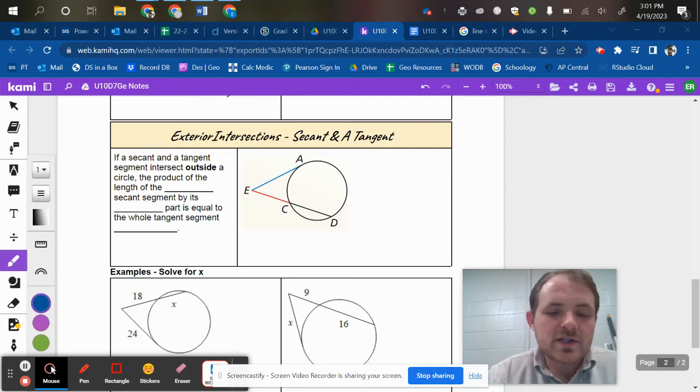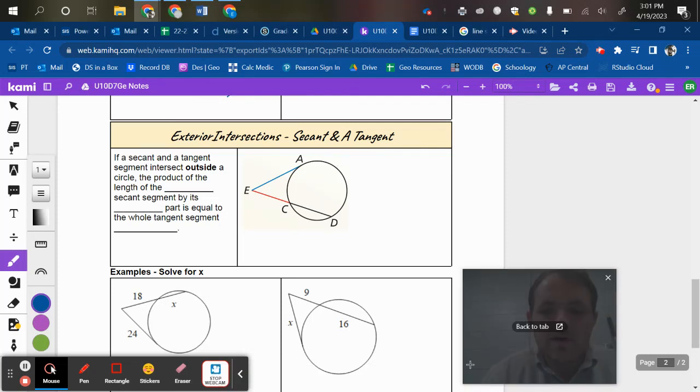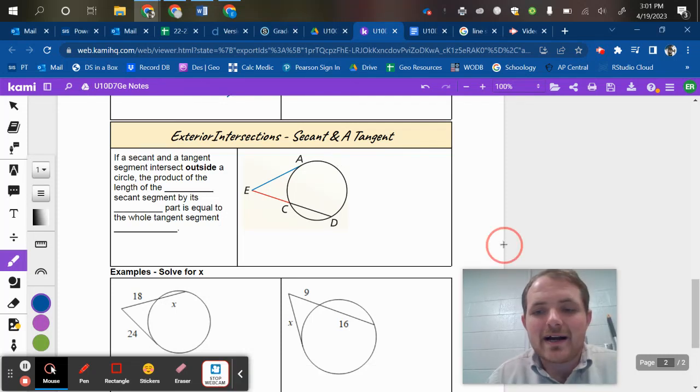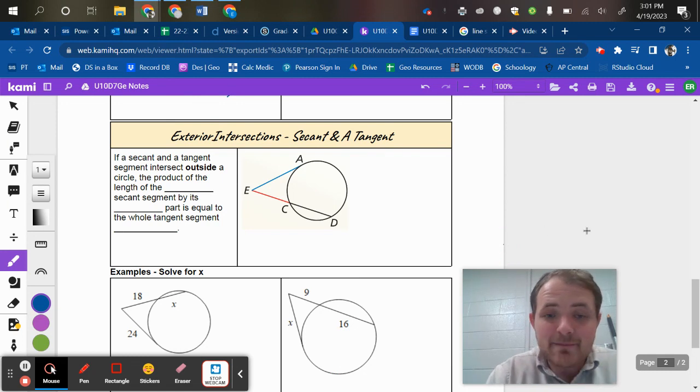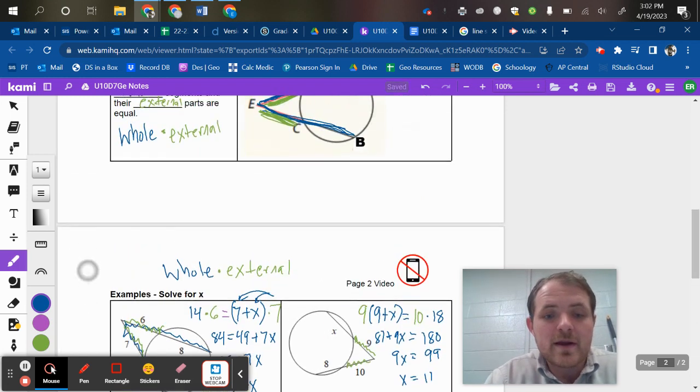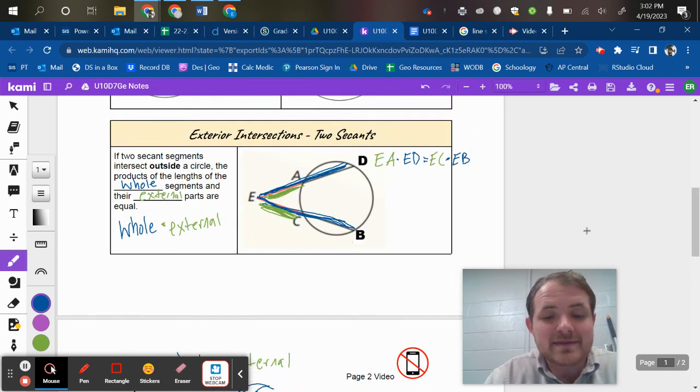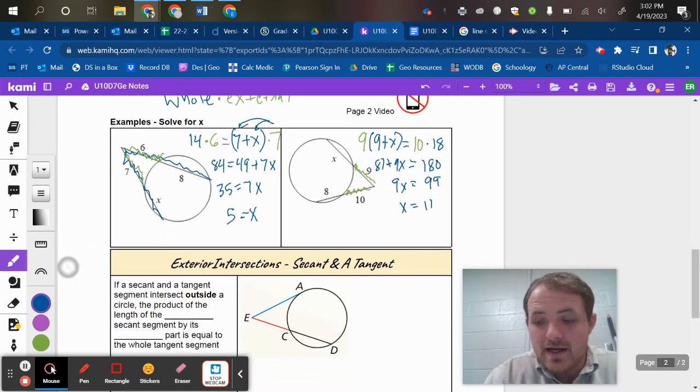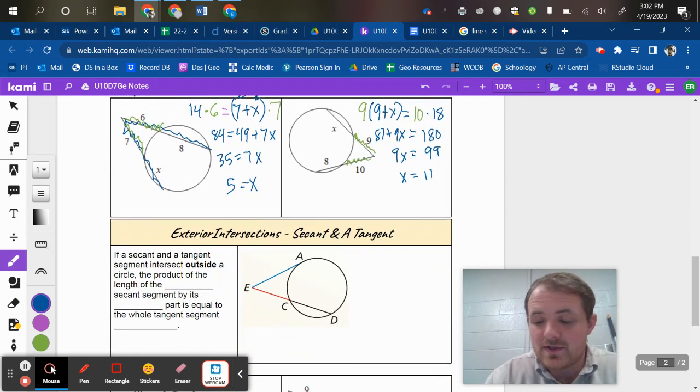So this situation is closely related to the one we had before. We now have an intersection on the outside again, but it's just a tangent and a secant. So if you look at the relationship before, it was the whole thing times the external. And that's still going to be true for the secant part. It's still going to be that whole line. So ED,